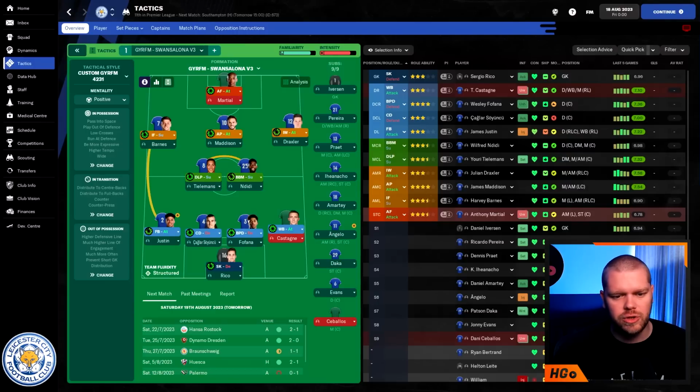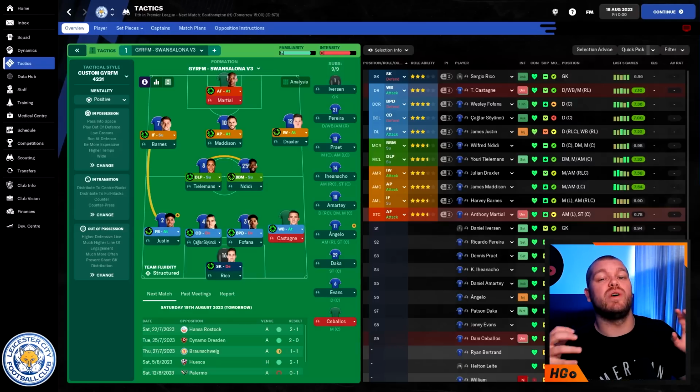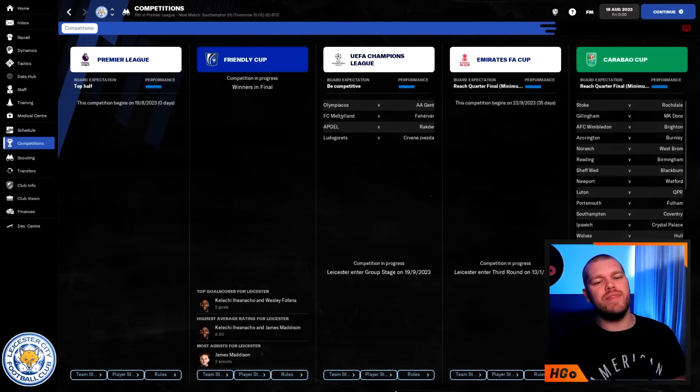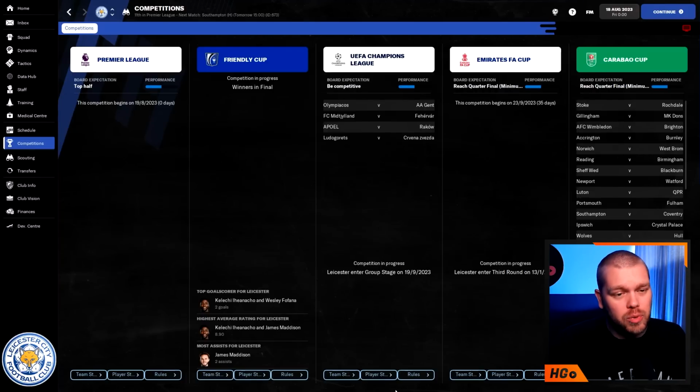They did sign Julian Draxler at the end of last season. I don't know how Draxler's actually going to do in this team, or in the Premier League or whatever. Personally, I don't rate him that highly as a footballer. Madison Barnes, and then Anthony Martial. Obviously, they do have Patson Daka, who I imagine will sort of fight out with Martial for that number 1 striker position. In terms of the competitions that we are in, though, we are in 4 competitions: the Premier League, the